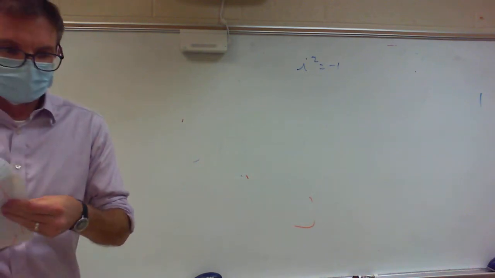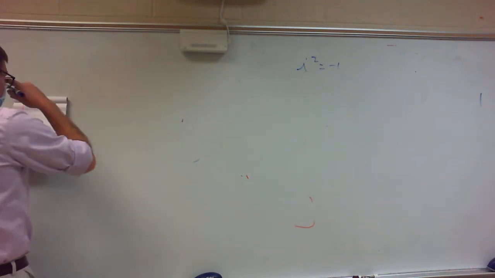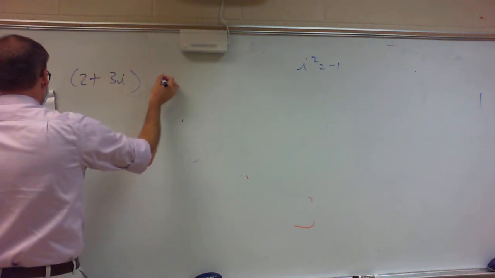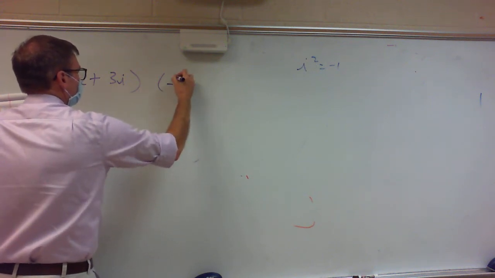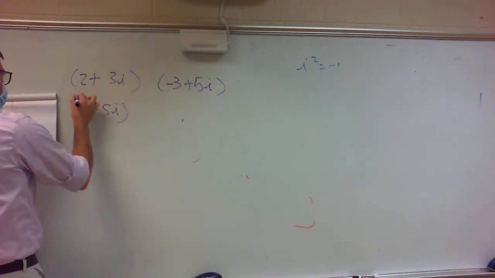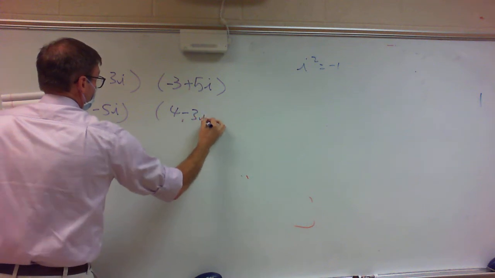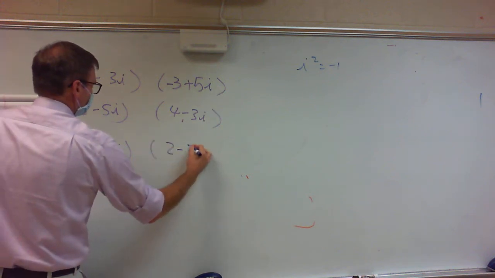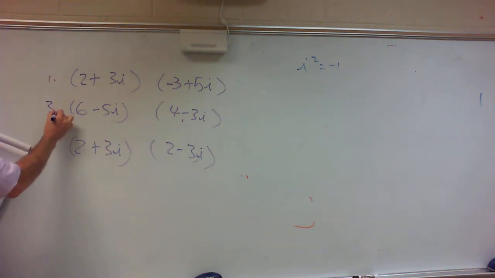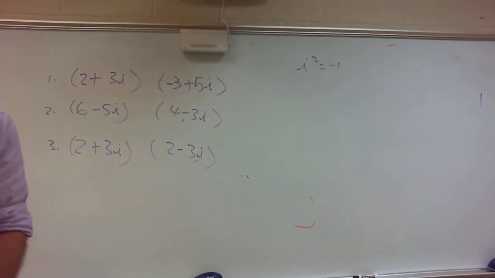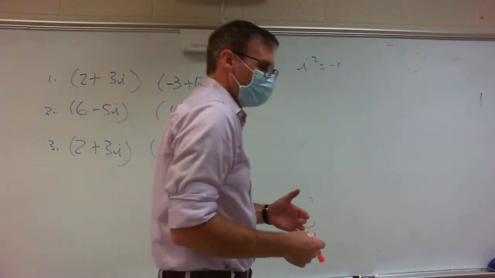So I give you 2 plus 3i times negative 3 plus 5i, and then 6 minus 5i times 4 minus 3i, and then 2 plus 3i times 2 minus 3i. I want everyone to multiply these three problems together. But I need to make sure